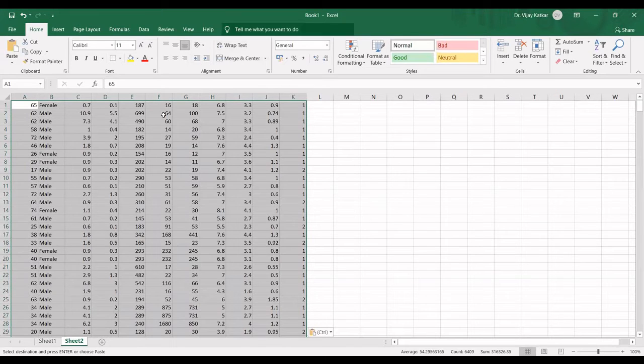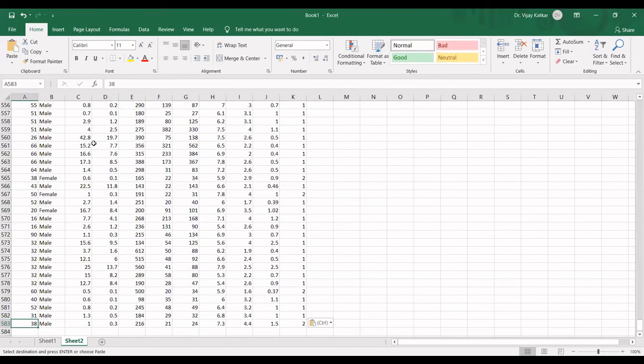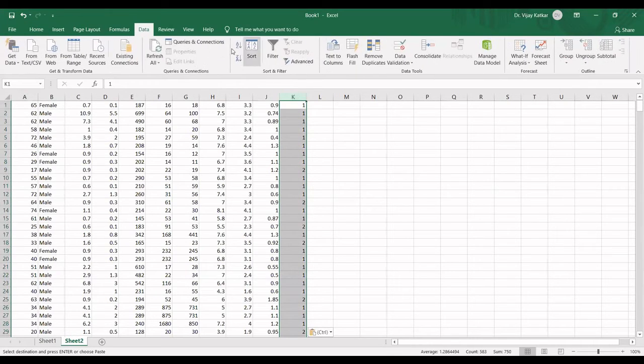Okay. Now what I want to do is conclude whether my accuracy is low or high. So what can I do? I can analyze this data for comparison or conclusion purposes based on class levels. This last column is our class level. First, I'll segregate my data into two parts, class level 1 and class level 2. For that, simply select that column, go to Data, and sort Z to A.